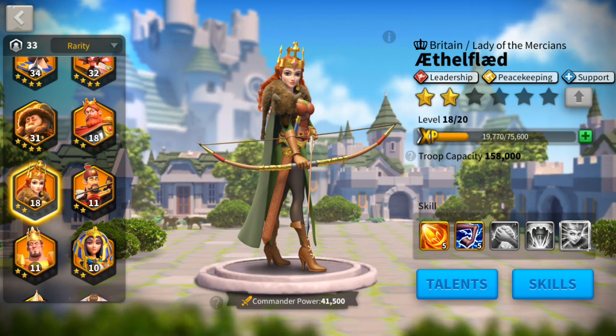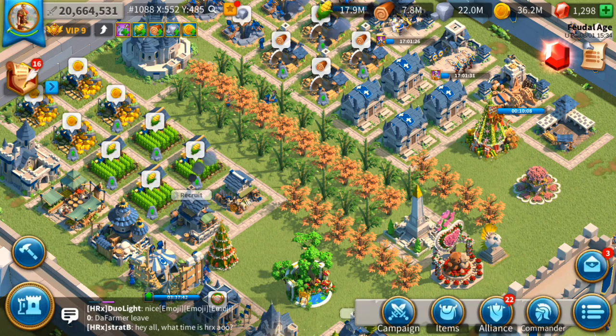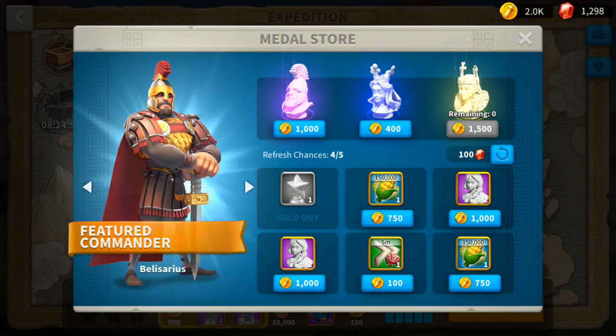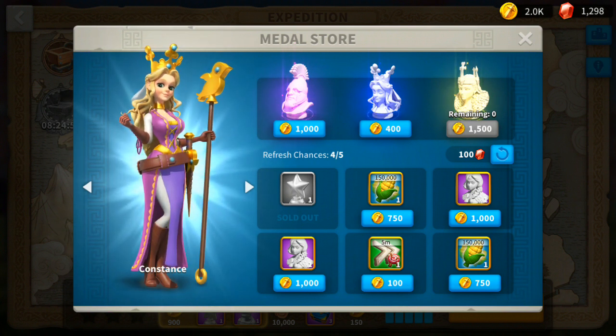So we have talked about how to get this commander, about skills, what skill you should give. 5 5 1 1, this is the best thing. And next, if we talk about free to play player, after maxing out her first 2 skills, you shouldn't purchase her sculpture from medal store. Why I am saying so? Because first 2 skills are on maxed level 5 5, then